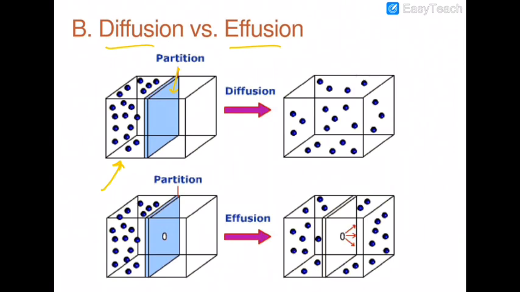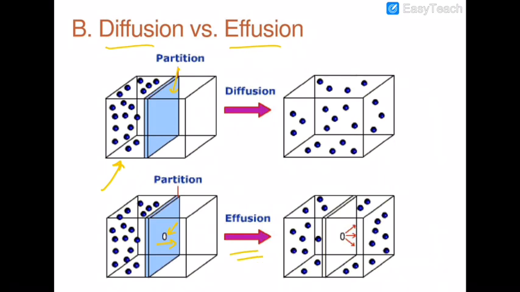But if you make a small pinhole in the partition such that the size of the pinhole is smaller than the mean free path, then the gas will escape out through that. Without removing the partition, by placing a pinhole in the board, you are allowing the lighter gas molecules to pass through the pinhole faster in comparison to the heavier particles if it is a mixture. If it is a pure component, then all the molecules have the same rate. This is called effusion.